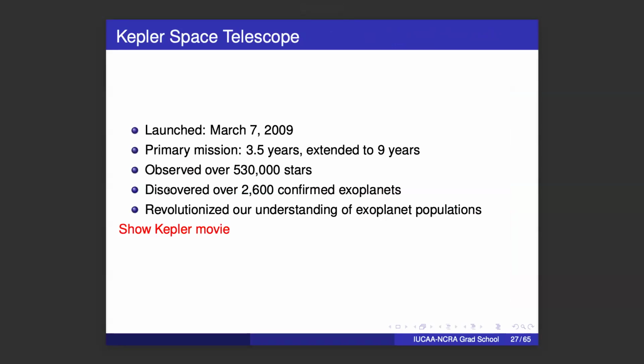Okay, so now let us go back and talk a little bit about the preeminent transit extrasolar planet observatory. It's called Kepler, launched in 2009. Initially, they said this is a 3 point